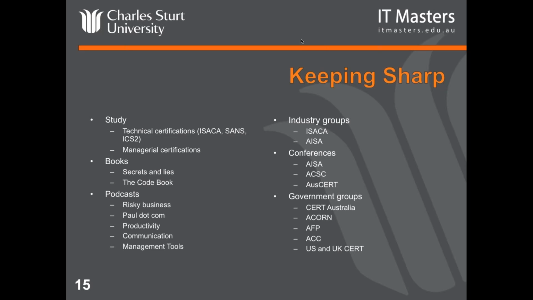Secrets and Lies is Bruce Schneier's book about the difference between cryptography and security, and what cybersecurity meant before it was cybersecurity. And The Code Book is an encryption book by Simon Singh, which I just put in there because I really like that book, and I'll probably read it again this year. I like it. Other books for